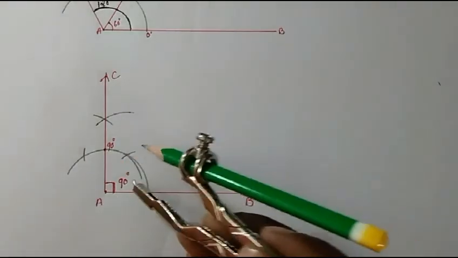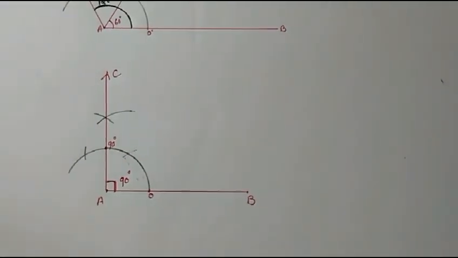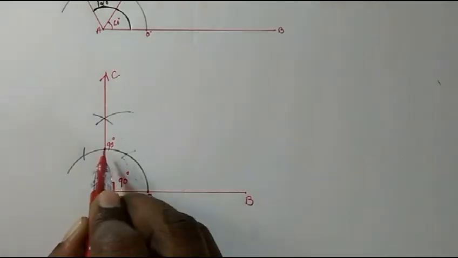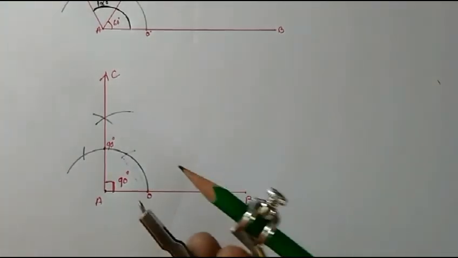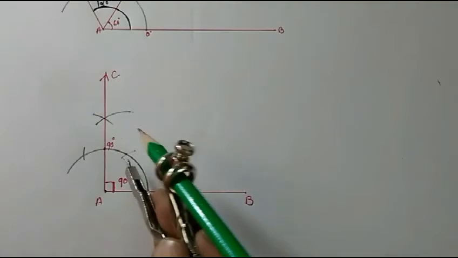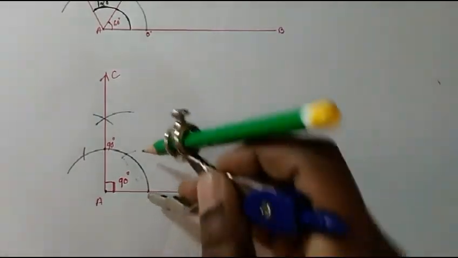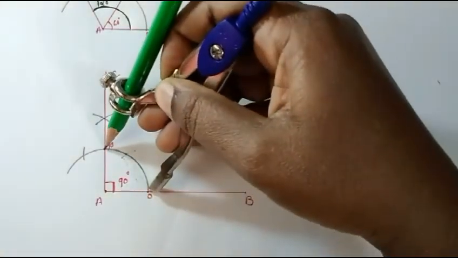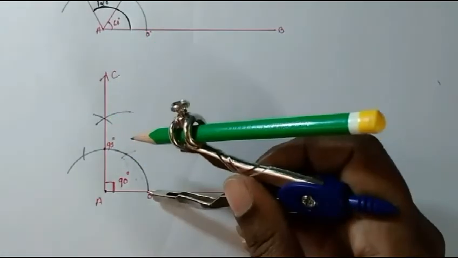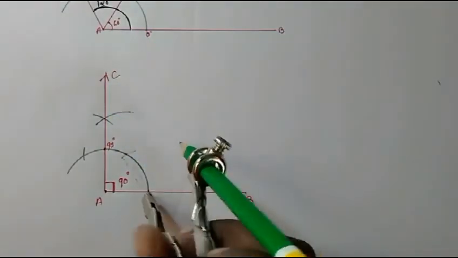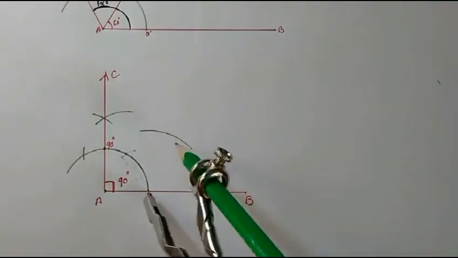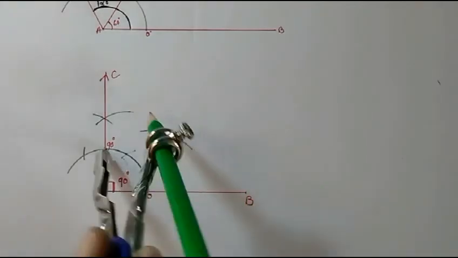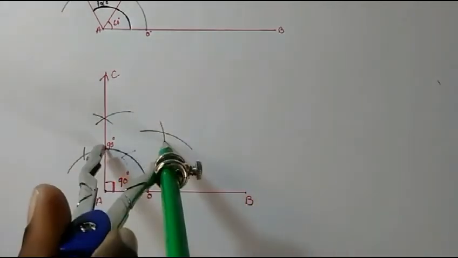Here it is already there. Once again, I'll just clear up. So you already have the angle here, already this semicircle, you have this angle here, 0 to 90. So you don't need to take another angle. If you want to take, you can take. Otherwise, on this same one you can do it. Same angle you can measure from 0 to 90. You can measure and keep it on 0, give one cut or draw one arc, and keep the point on 90 and draw the other arc.